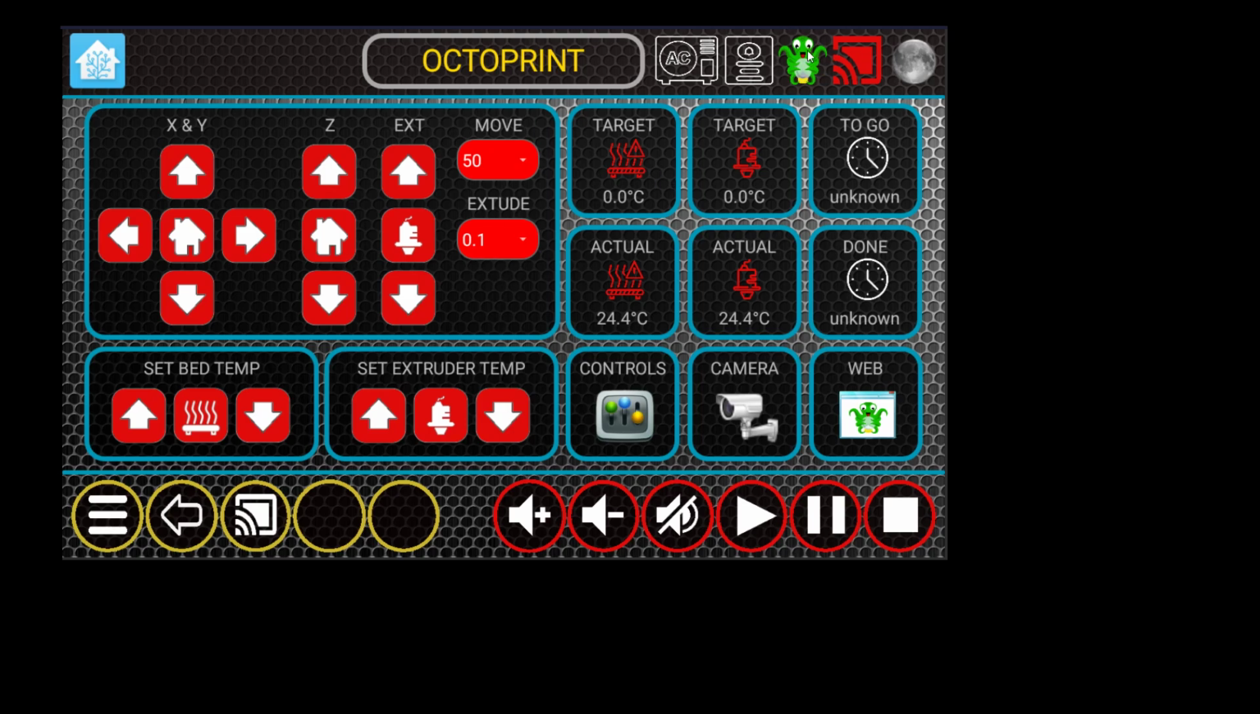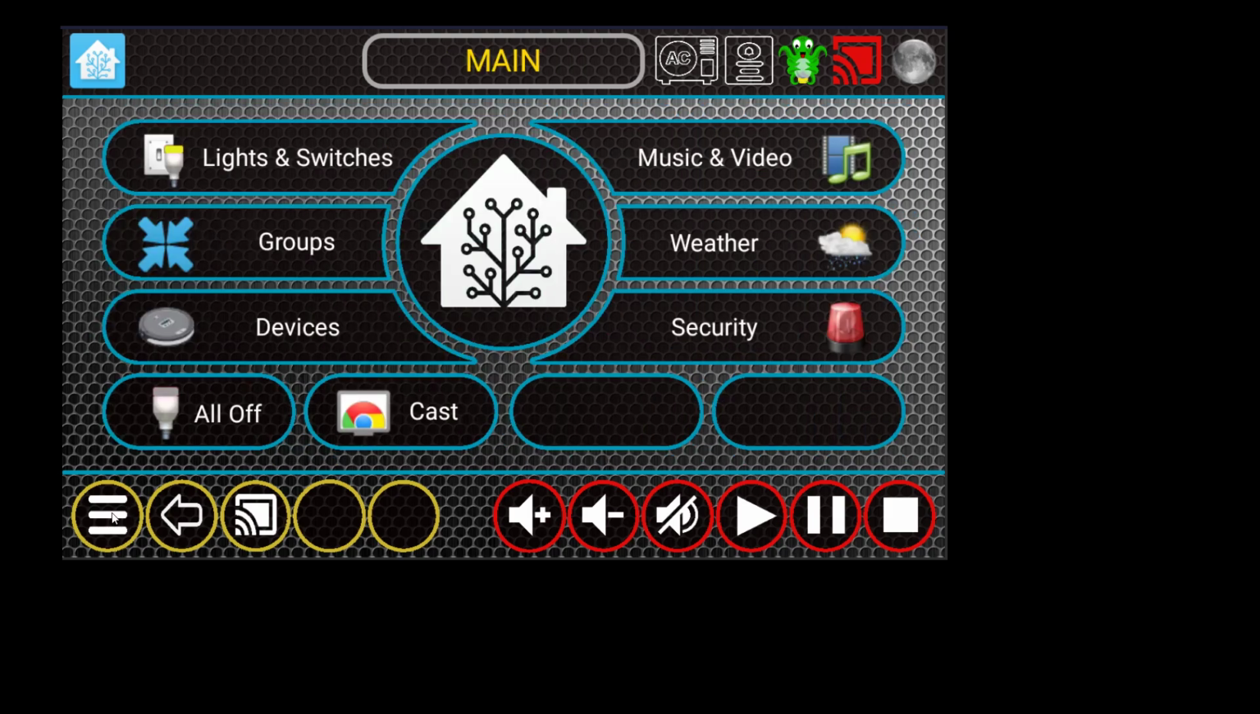I do have a lot of different colors of this octopus now, which I then will use to indicate when it's heating, when it's finished, and stuff like that. Now the other thing is that I can't remember if I've actually shown it yet, but the actual Home Assistant icon up here actually is a button as well. So if I click that button,